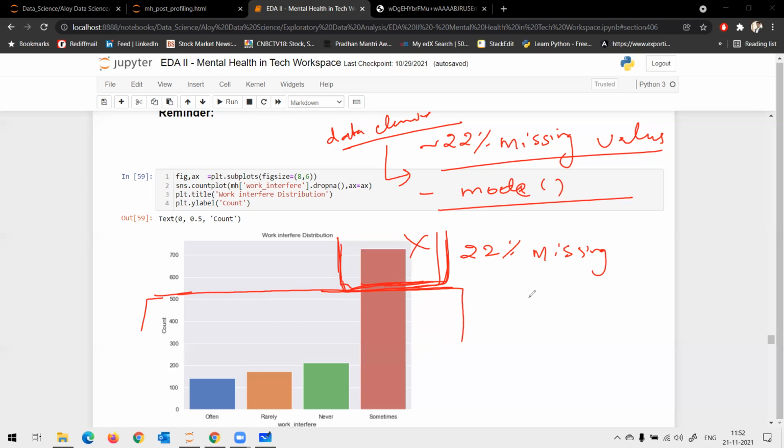Let's say that I have two behaviors. One is something like this. The other one is something like this. I can say option number 1 and option number 2. So which one are you more confident on with respect to replacing the missing values?